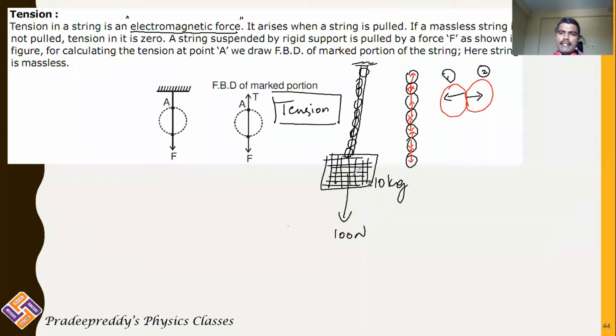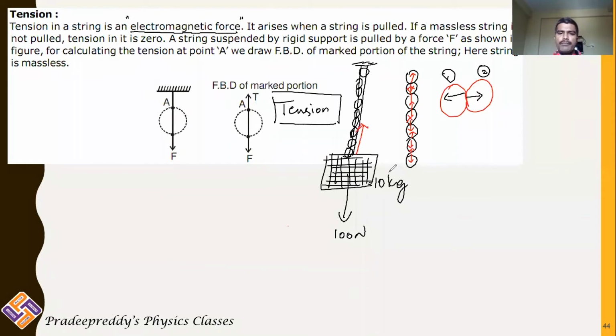But is this 10 kg mass falling down? There is gravitational force acting on the 10 kg. If you leave the 10 kg mass in air, it would fall down. But here, it is suspended with your wire. Therefore, even though you are suspending it with a wire, the 10 kg mass is not falling down because there should be some other force compensating the 100 Newton of force in the downward direction, and that is acting in the upward direction.